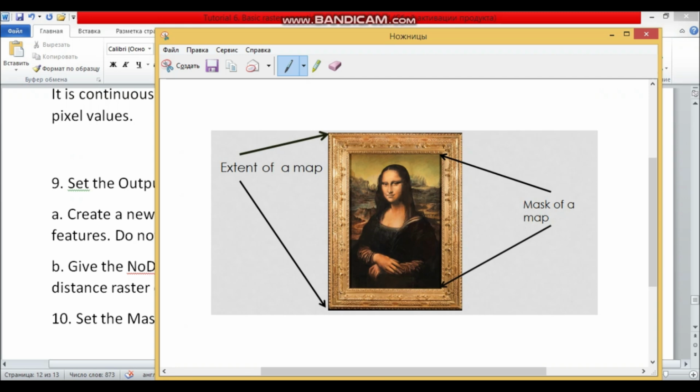For instance, if we take as an example the painting of Leonardo da Vinci, the Mona Lisa, and here this is the mask of your map. So this mask has information. These are your pixels, right? These pixels have values. They have their own values, either float or integer. While these areas can also contain pixels, they will have no data values, but